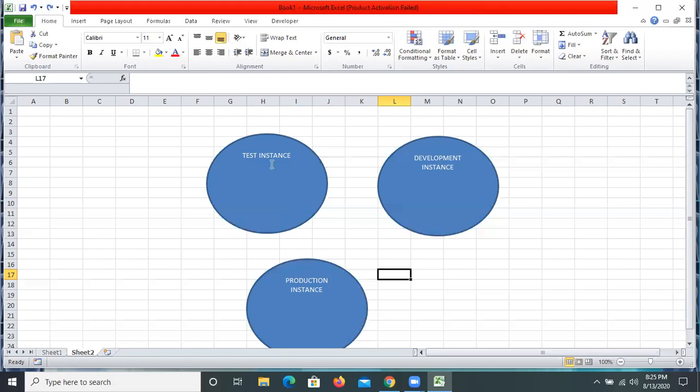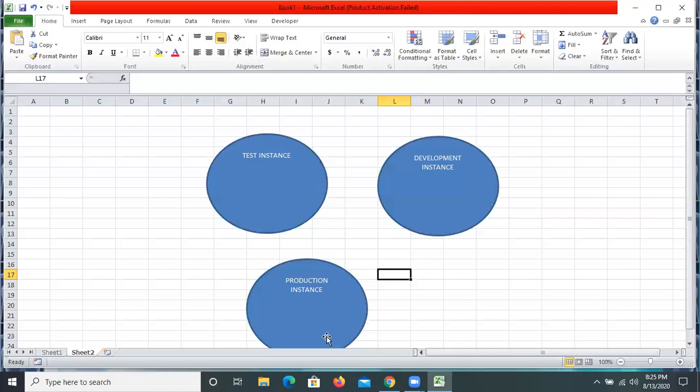In the test instance they will create a project also. There is a configuration and conversion process, and through that configuration program only, all the data and all the settings that have been done will be moved